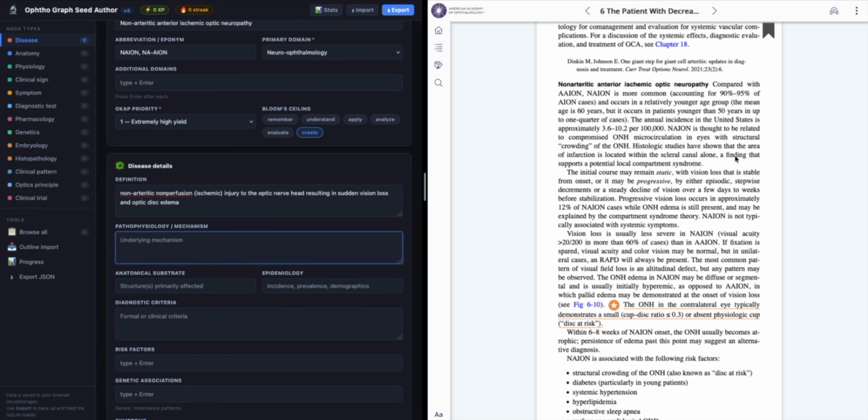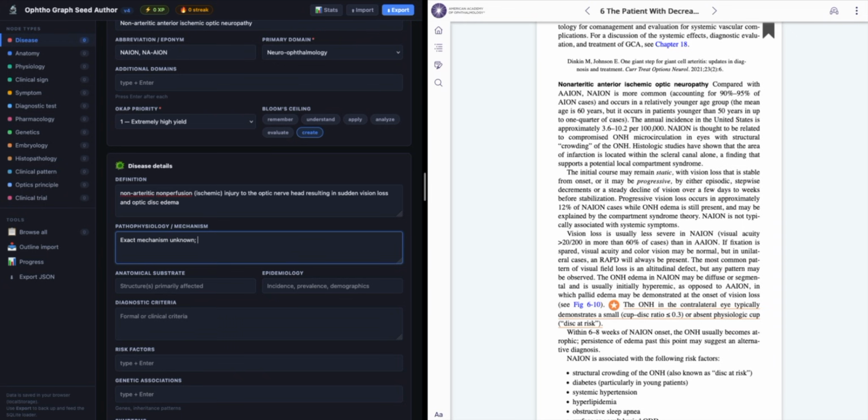And there's some histologic findings that suggest maybe the area of infarction is in the scleral canal and then results in a localized compartment syndrome. Now, all of these are theorized, and that's something that doesn't always translate to the textbook description, but we'll add that in there, that the mechanism, we'll say exact mechanism